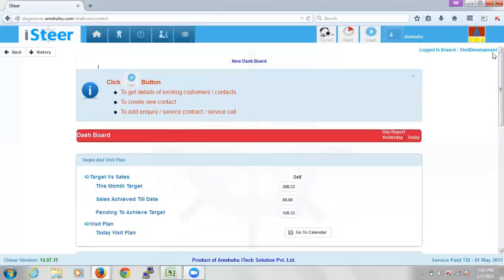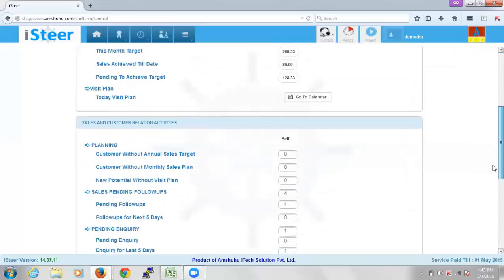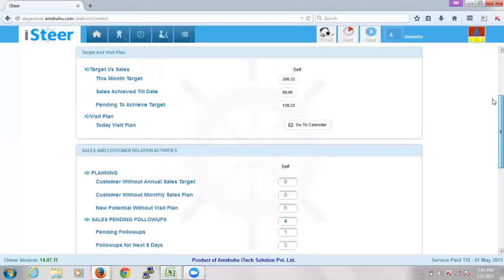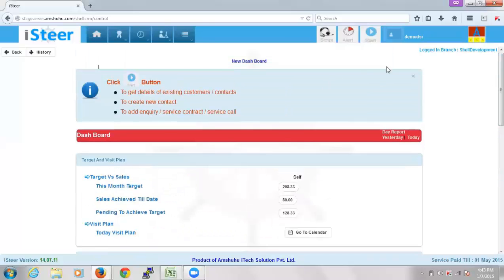So this is just the summary of the dashboard. We are also trying to bring in more details about the visit plans here, like the pending visits, visits that are yet to be completed, and all that stuff. So similar to sales pending follow-ups, say by end of week, we would also be having pending visits. This is the dashboard of the representative, sir.